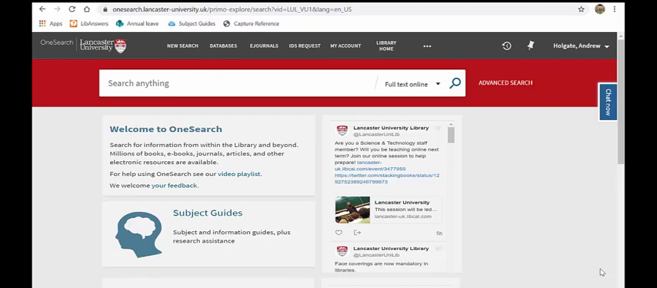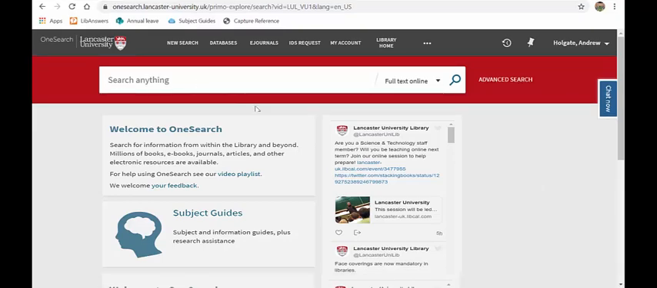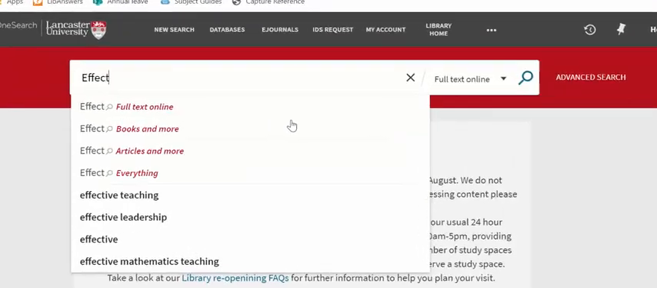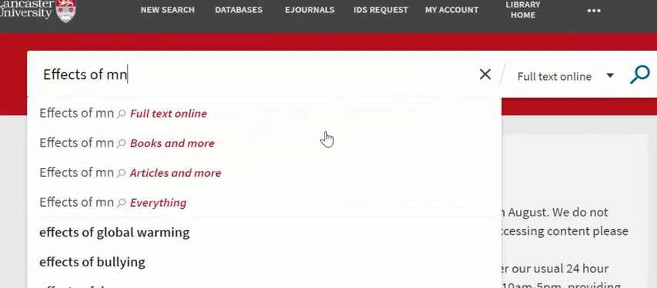In this example, we will use OneSearch to find an article when we know the title and the author. This is a fairly simple process to follow. So this is what you do. When you go into OneSearch, type in keywords from the title and the author's surname, and you should get instant results. So I'm going to look for the effects of